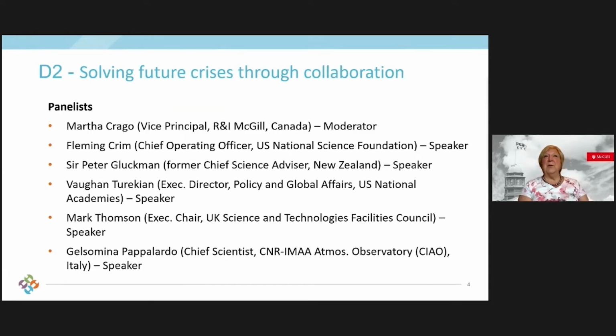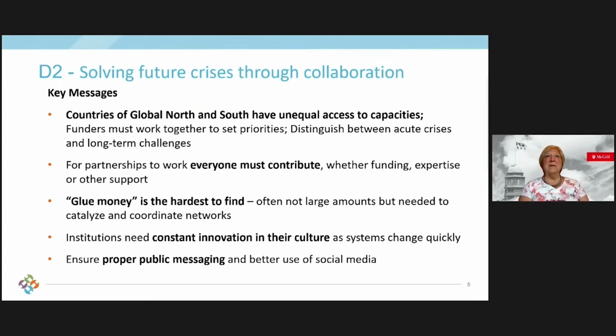This one was how do you solve future crises through collaboration? And it had a number of people from science funding agencies, government global affairs and policy people. It's an extremely interesting panel. And I can share with you some of the things that came out there. So if we go on to the next slide,